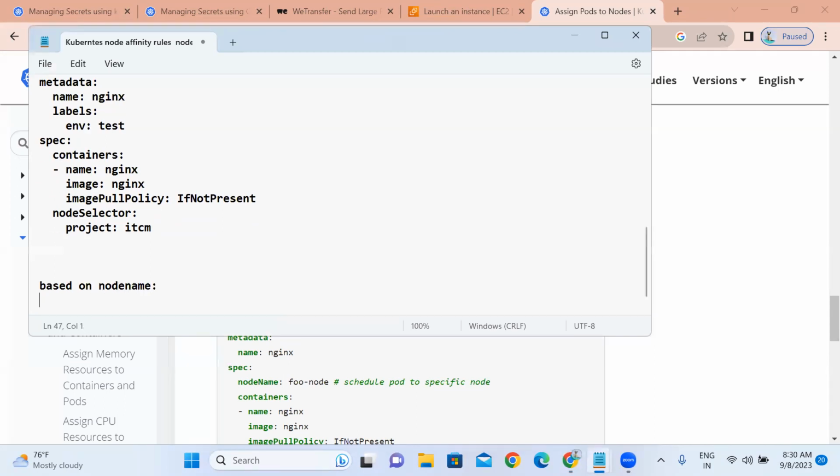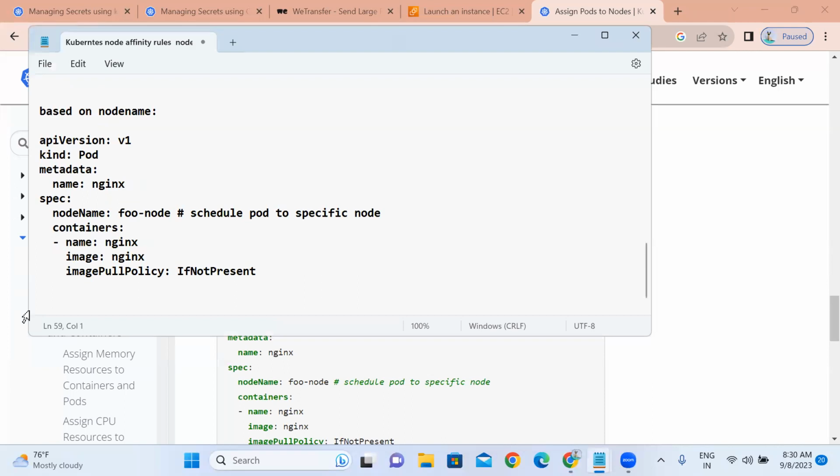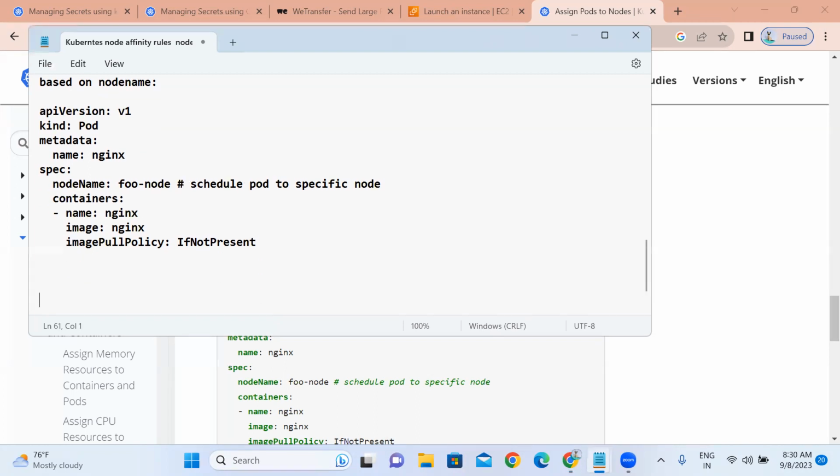Previously we used node labels, but here we are directly giving the node name. Every node will have a name, but labels you may attach to any of the nodes. If you want to give a specific node name, in the specification we are going to give the node name. This is another method. The best method is